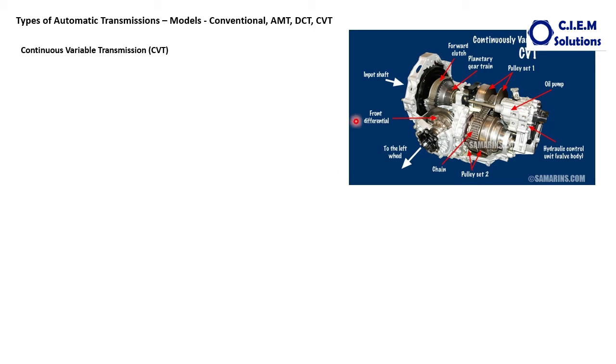Let's have a look at one of the CVTs. This is the housing. This too has the torque converter. This has the forward clutch. It is a set of gears, normally a set of planetary gears, whatever may be the gear mechanism. So the power transfers from the engine to the transmission input shaft via the torque converter. Then from here, this is the main important functional portion of the